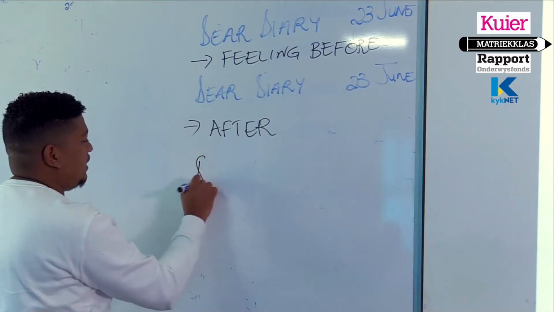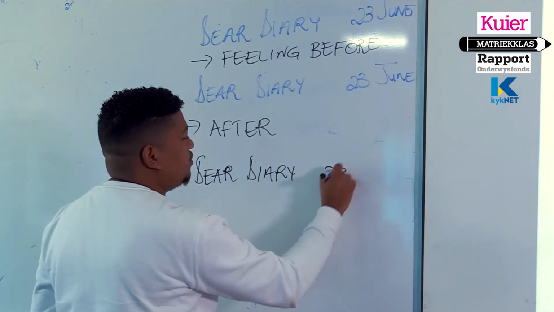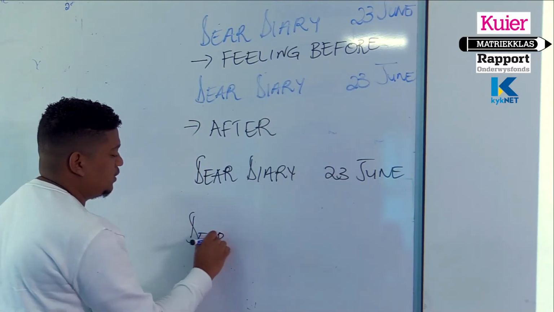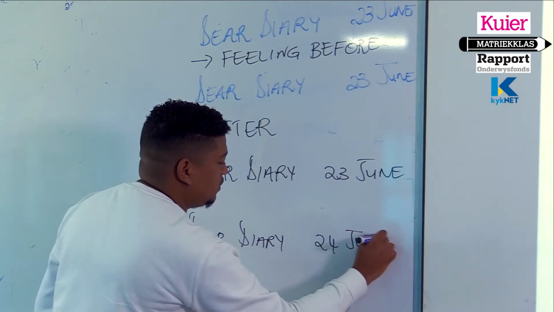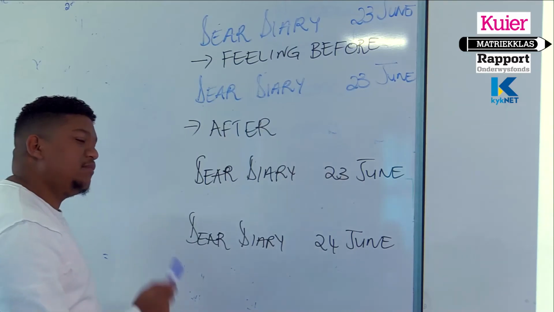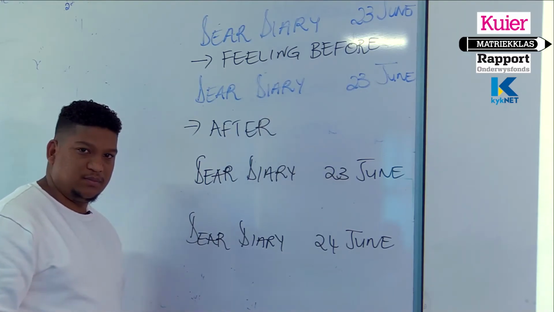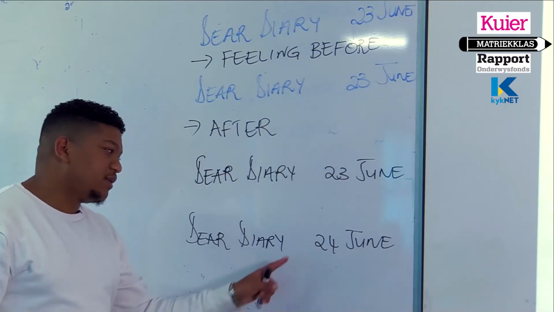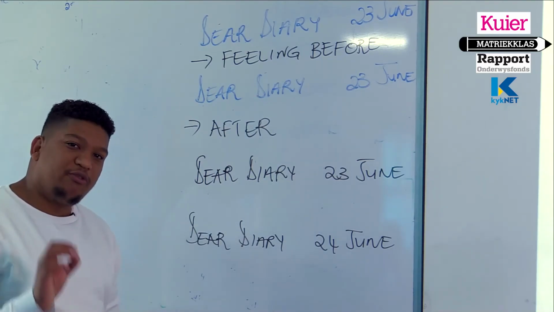But the same date. But it can also be on various dates. So it could be, dear diary, 23 June 2020, and then it could be tomorrow, 24 June 2020. Pay particular attention to this. Mom telling me the principal is coming isn't necessarily on the same day. But this is how I'm feeling on this day. So this could have been the 27th of June, also after the principal had left. So pay attention to the topic and know your format.